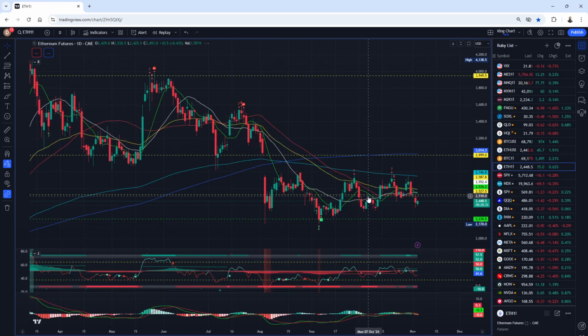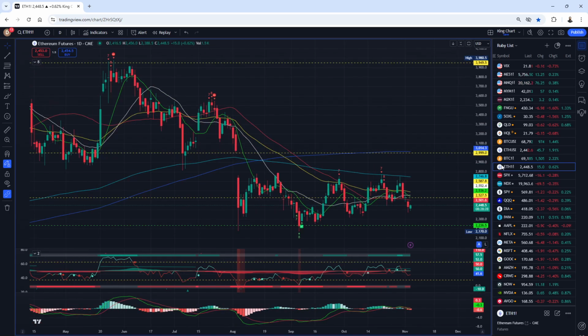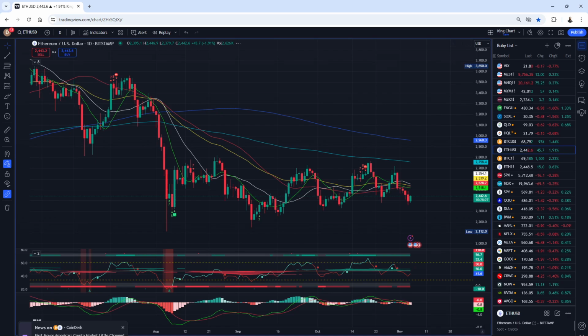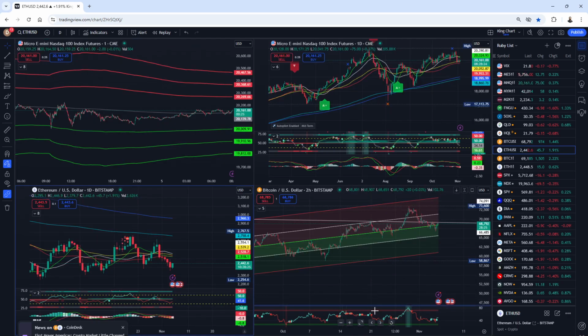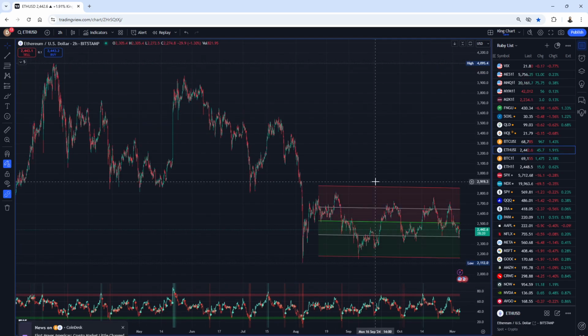Ethereum, actually, I'm going to go to this chart of Ethereum. There is a gap here around 2500, then a gap around 3000. They will fill at some point. I don't know when. And on Ethereum's regression channel chart, if I show you here,